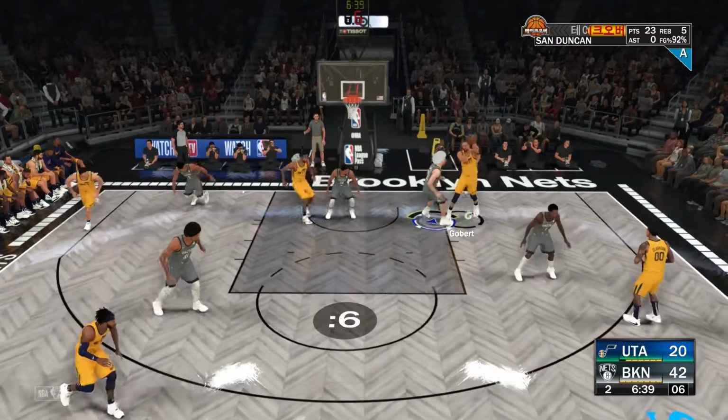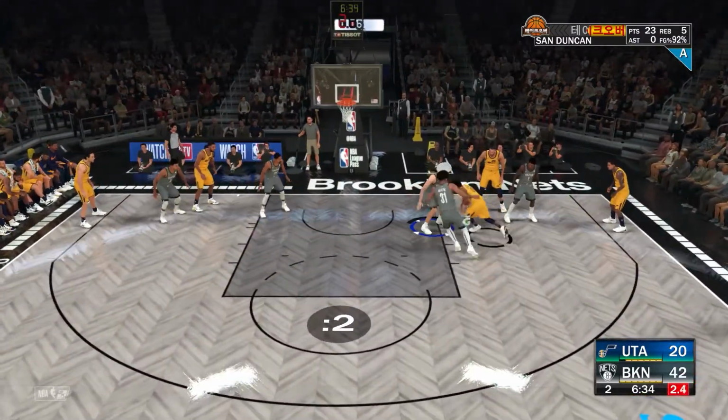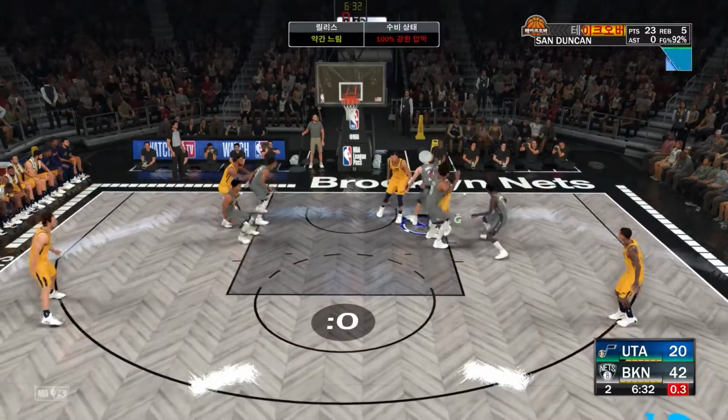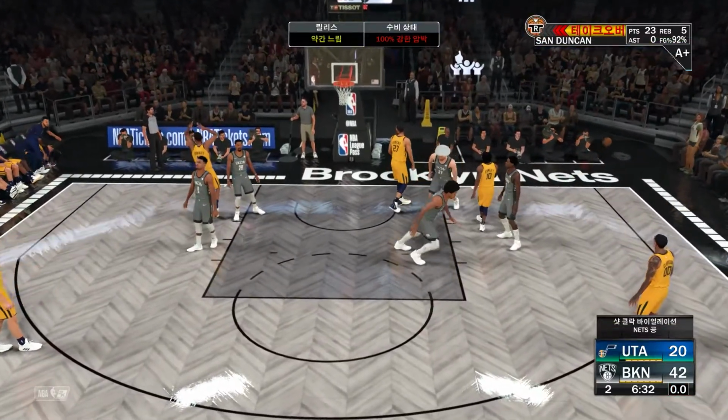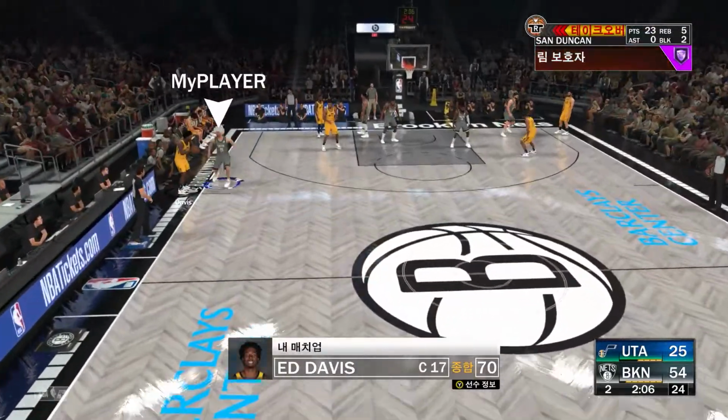Clarkson with the ball. Nothing yet on the scoreboard for him. 4 on the shot clock. Duncan with the block. It's tough to get past Junior when he's locked in. Opponents might have to...